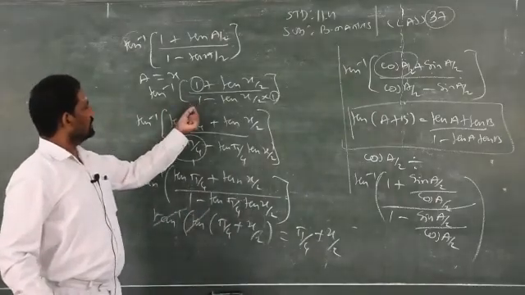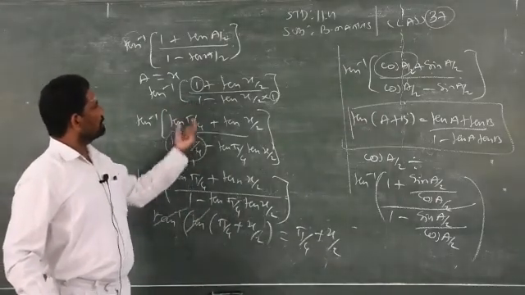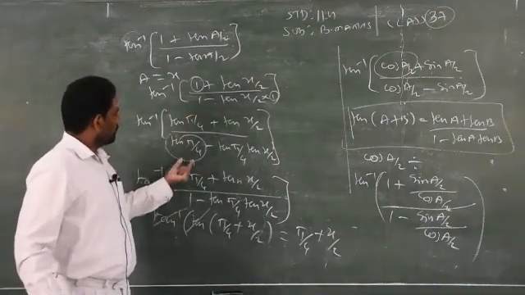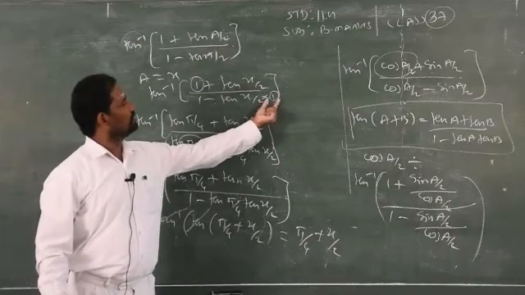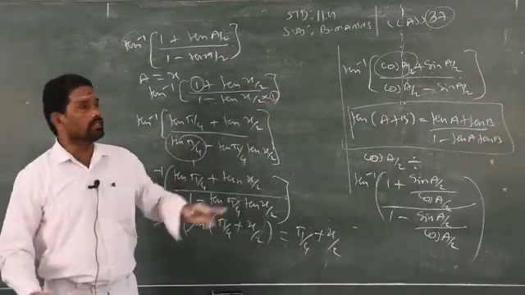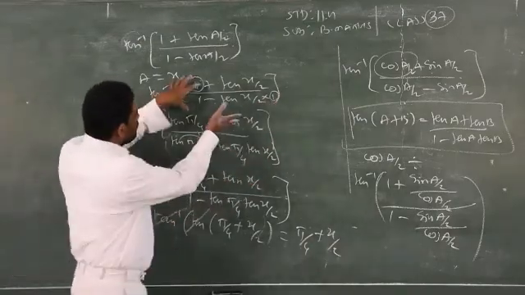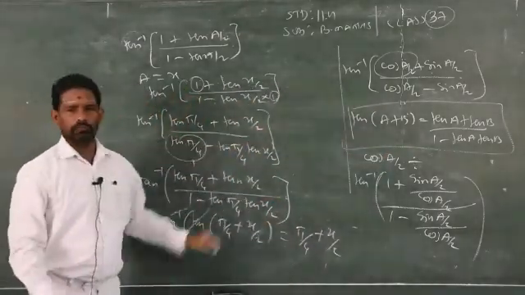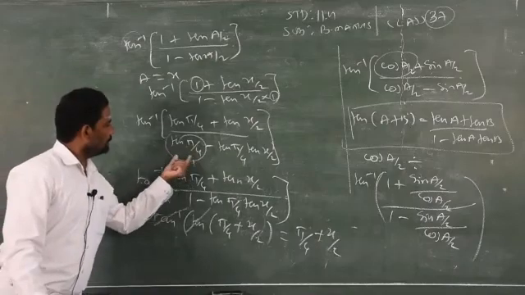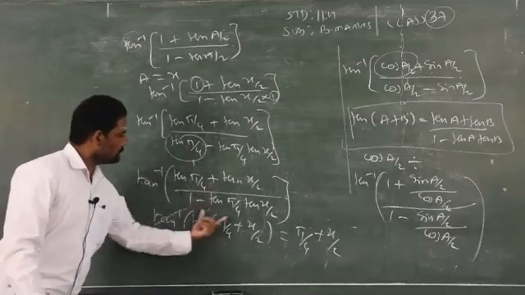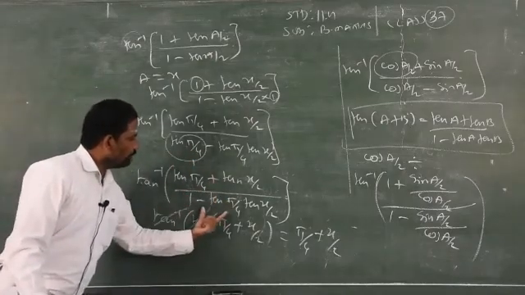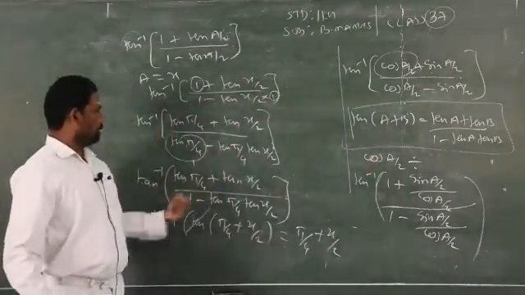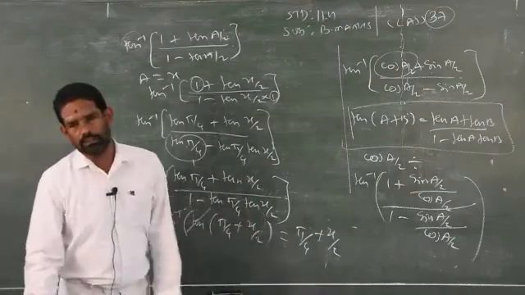You keep this one as it is. Here I am replacing because some of the boys may be confused about how to get 1. So I am replacing this 1 by tan pi by 4. This one is also tan pi by 4. Why am I introducing this? Because I need to bring this into the form of tan a plus b. That's why I introduced tan pi by 4. Clear? So this format indicates tan a plus b. So I am applying the tan a plus b formula. I got the result. Clear?